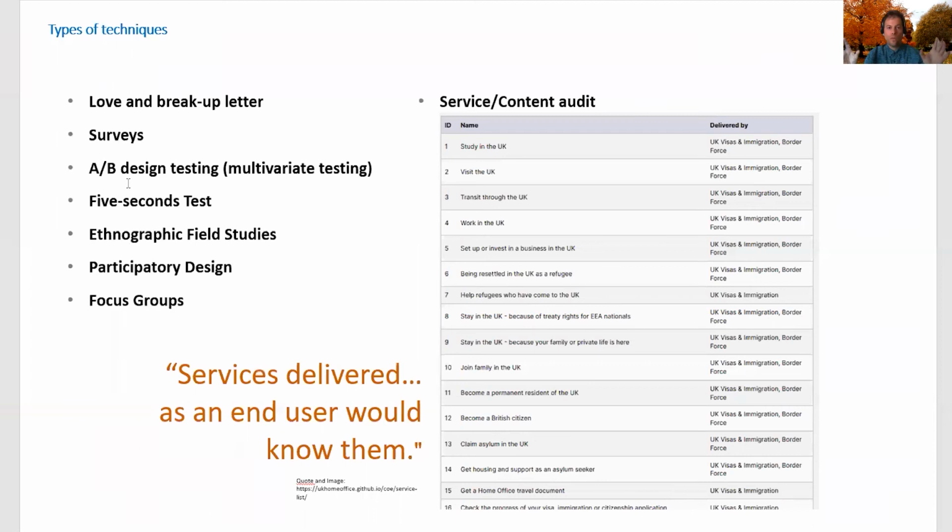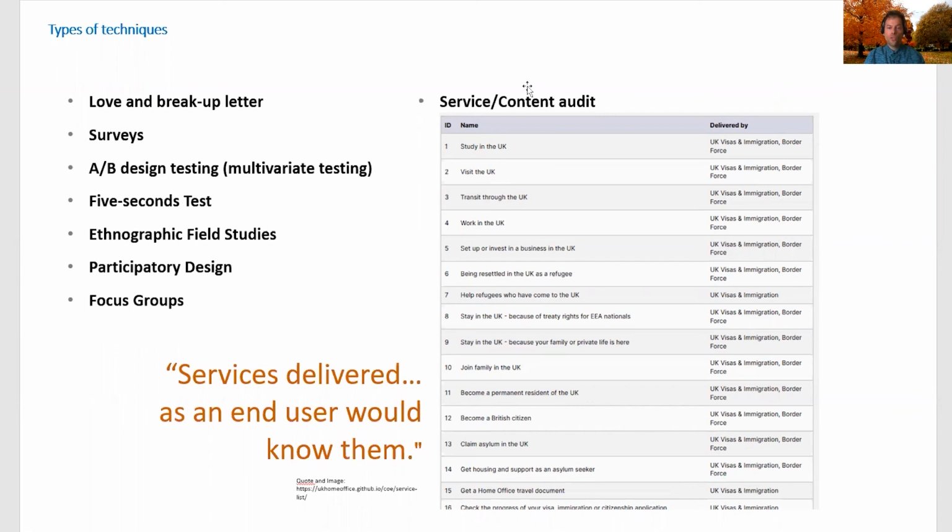And then you test it. You see how people navigate those two different pages, which basically have the same content. And then you can understand which design is better. So A/B testing. Other methods, 5-second test or ethnographic studies or participatory design. That's when you are including your users in the design. You can use focus groups.